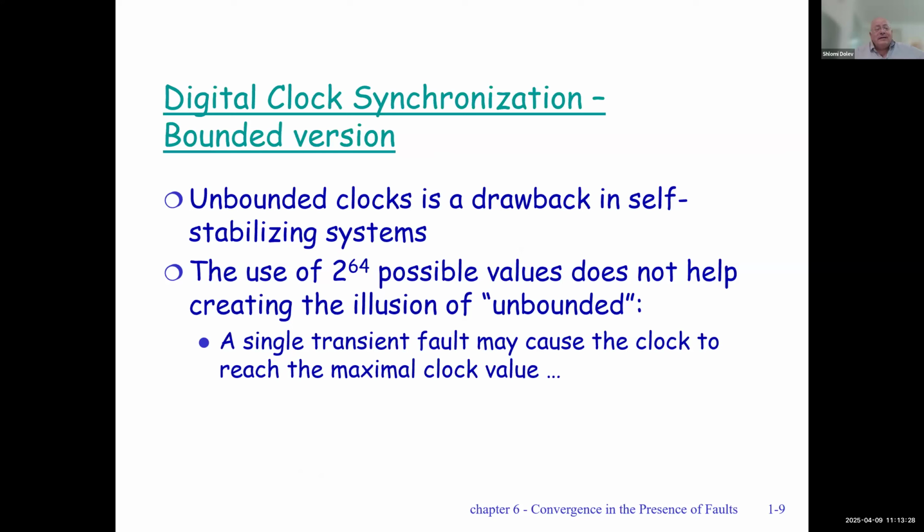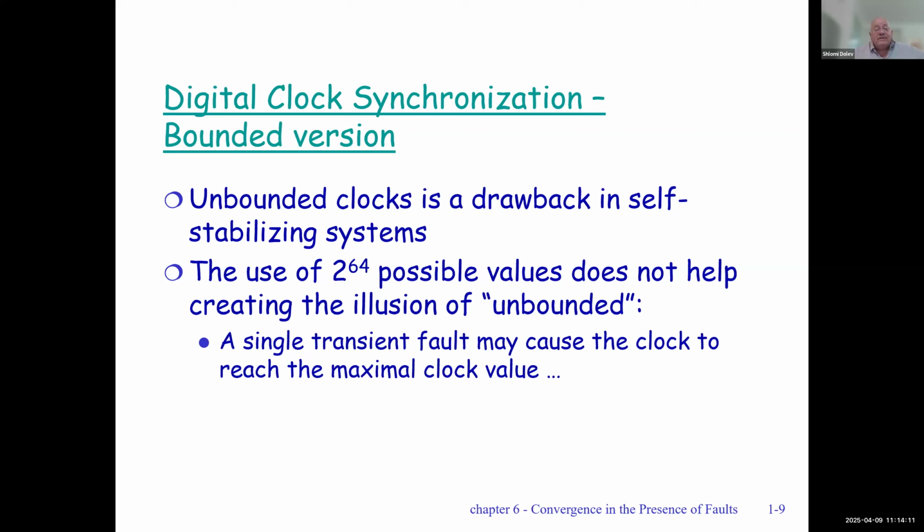However, we really don't like unbounded variables in self-stabilization, because when we look at any algorithm and you say 2 to the 64, it's infinite, we don't care, until you increment to this value, it will take forever. This is not correct in self-stabilization, because we can start in any value, especially if this value is some kind of corrupted value that gets to all ones by a single transient fault that we don't know